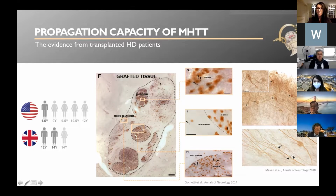In one case, these are all fetal tissue. So in the US trial, the surgeons dissected a little piece of tissue from the fetus that yields striatal neurons, and they implanted this piece of tissue in the brain. You can see by the dotted line that it's very easy to delineate the anatomical border of these grafts. Within these grafts, you find 2 distinct zones that we call P zones and non-P zones. The P zones are areas that are very rich in striatal neurons, which are the neurons that we're trying to